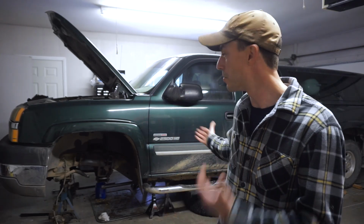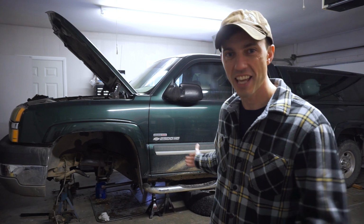Hey guys, it's David again, and as you can see behind me, my truck, Helga, is all tore apart because there's a lot of maintenance that needs to be done to this truck. It's been pretty overdue, honestly, because of all of the punishment that this truck has been through, towing the trailer up and down mountains and all of the off-roading that this truck has done over the past 7 years that